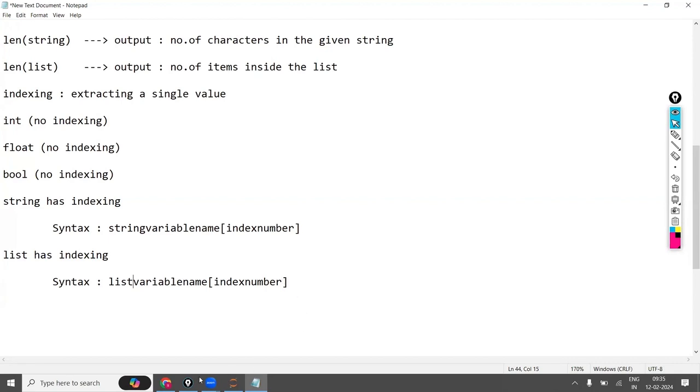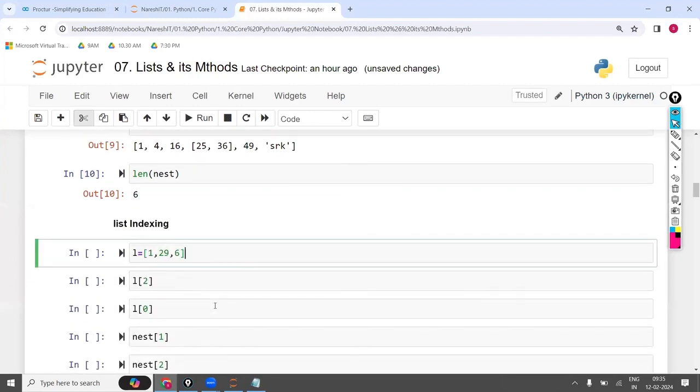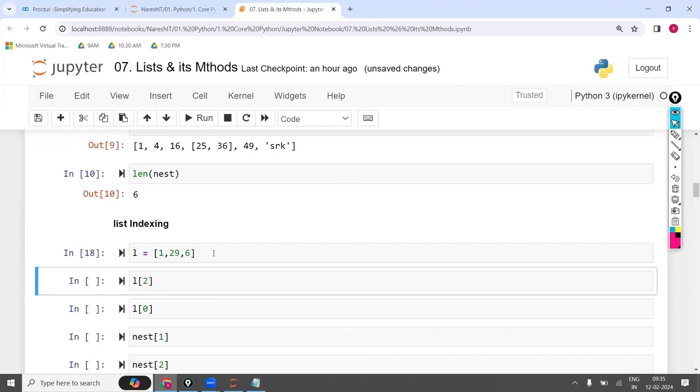Okay. So now here, let's observe this point very clearly. Let's first start with a simple example. This is the list. L is equal to list of 1, 29 and 6. This is a simple example. Now I want to do the indexing.